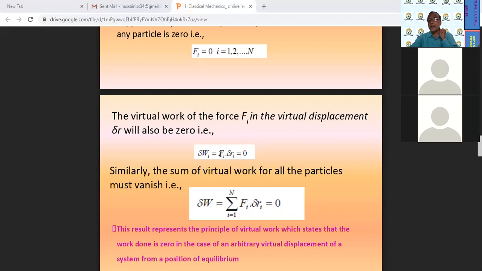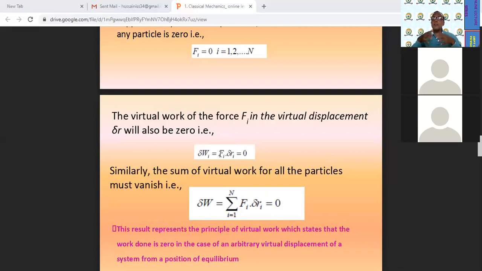And this work is now for the ith particle, लेकिन खाली ith particle ही नहीं, particles are 1 2 3 4 i j k l, n number of particles are there, therefore similarly the total sum of the virtual work of all the particles, it should be how much? ith पार्टिकल का वर्क 0 है, सिस्टम ऐसे कई ith पार्टिकल की बनी हुई है, तो पूरे सिस्टम के पूरे पार्टिकल का वर्क कितना होगा प्लीज? Anybody please unmute and tell me. 0. It will be 0, isn't it?